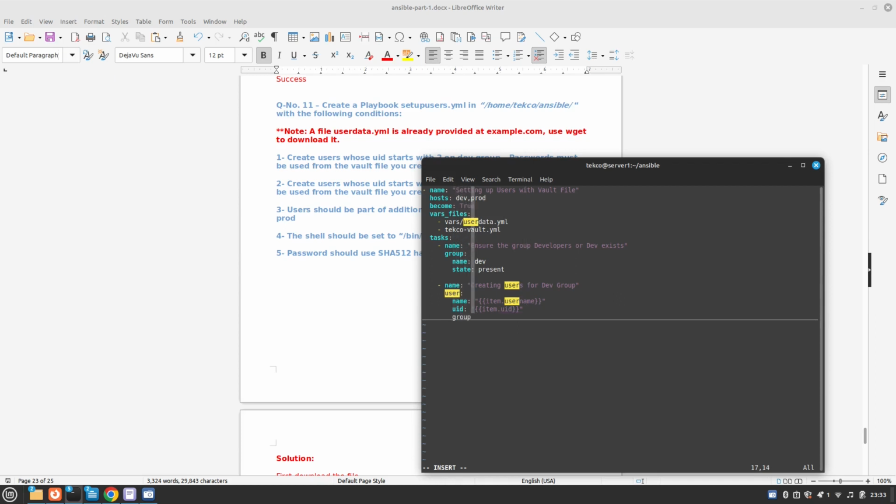And what we need to do, we also need to make sure that a supplemental group exists. That's dev, because when the users are created, they are created within their own group. For example, Raptor will be created in the Raptor group. It will be a member of the Raptor group, but we need to make sure that they have a supplemental group, dev as well, and the prod as well. So we have to use the module called groups for the supplemental group. Then we need to make sure the state is present,